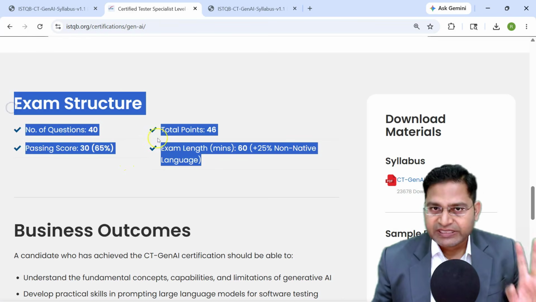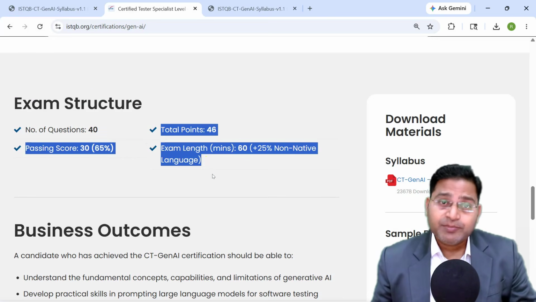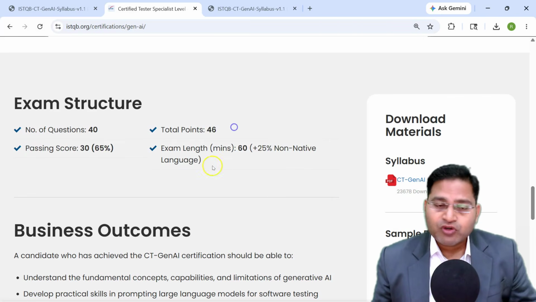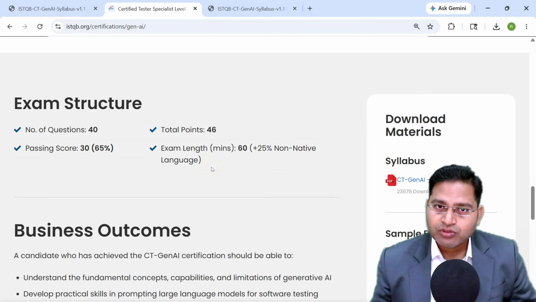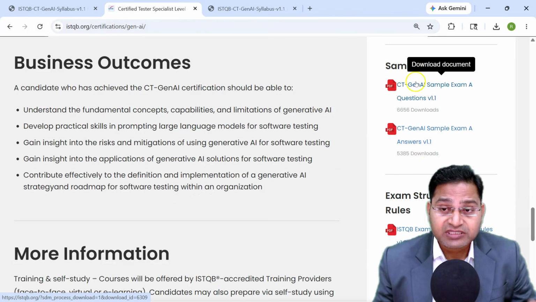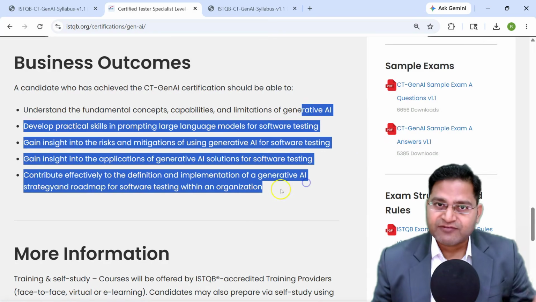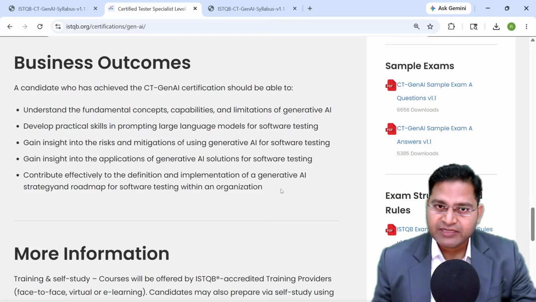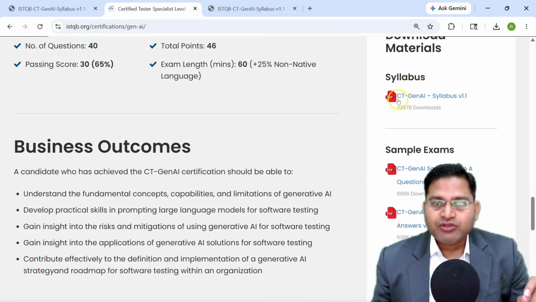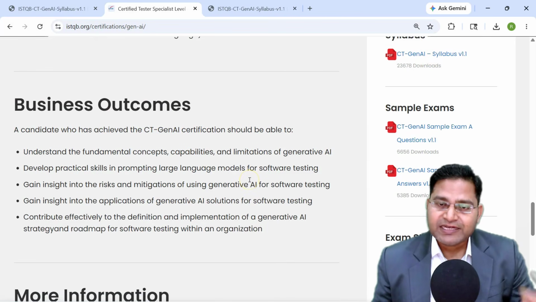I'm not saying go ahead and enroll in my course itself, but make sure that along with whatever free learning I'm posting here, you go through the syllabus concepts. If you want to do self-study, search for those concepts online and study those, and make sure you attempt the sample exam questions as well. So go through the GenAI sample exam questions and answers if you are doing self-study. Go through this series for the self-study. Post that, go through the syllabus, make sure that you cover every part of the syllabus, and then attempt the sample exam before attempting the real exam.